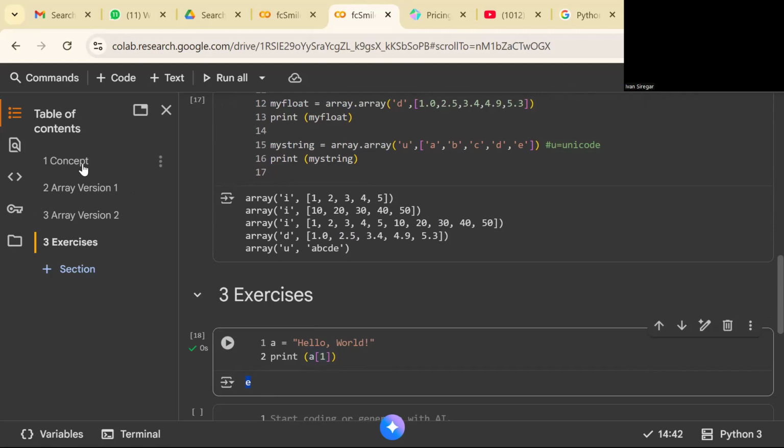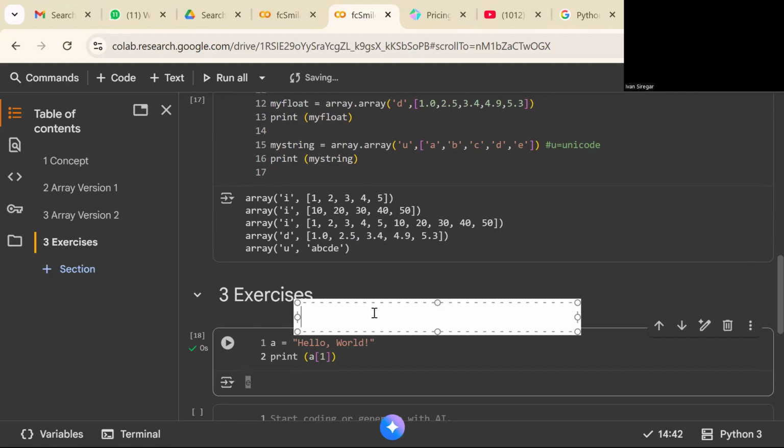Maksudnya adalah di dalam array kamu akan punya indeks dimulai dari 0, 1, 2, 3, 4, 5, dan seterusnya. Itu adalah indeksnya.